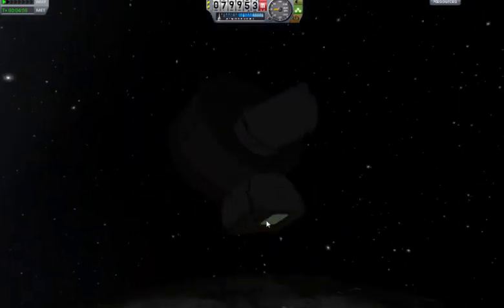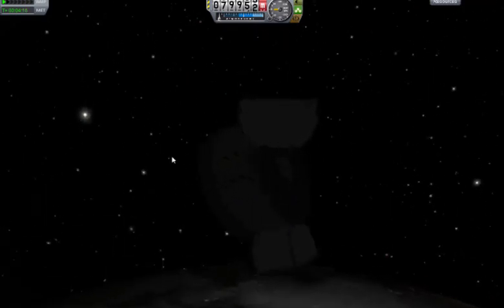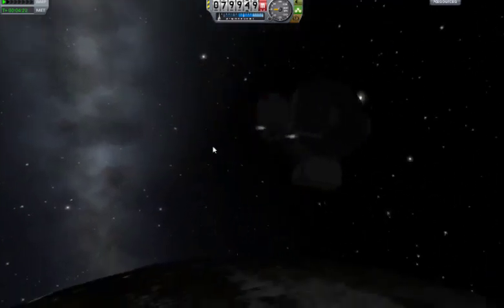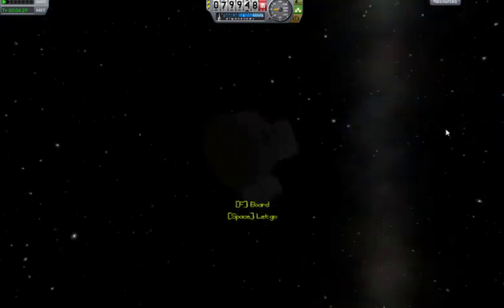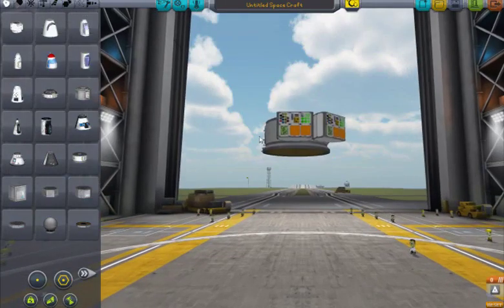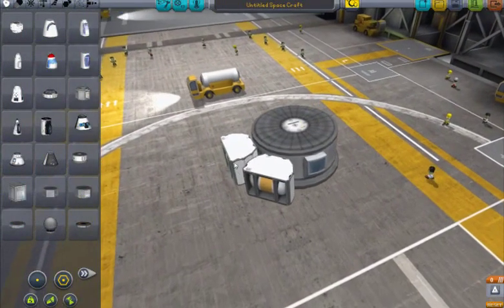One more thing I want to show you are the third types of containers, which are not really connected to FLEXracks or mixed experiments, but are still quite portable and useful. I primarily intended them to be used for life support. So let's go back to Space Center. And now we're going to make some. So the last thing I wanted to show you